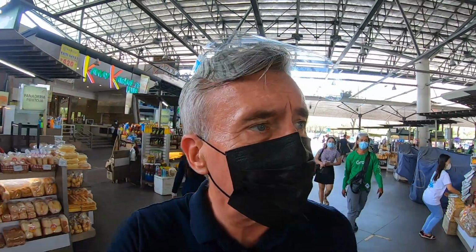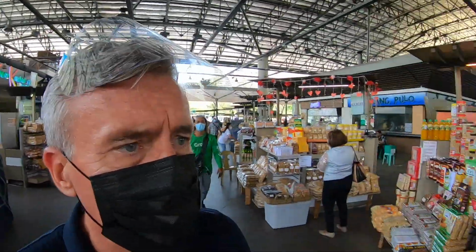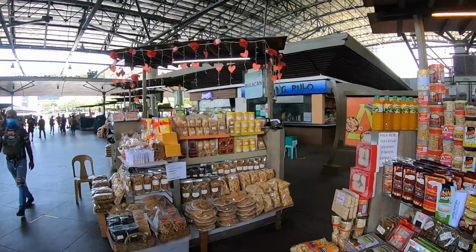So this is Fiesta Market and we're just waiting for our Pancit Lucban. So I thought I'd go for a bit of a wander. Looks like it's got quite a large organic section. Oh, and then it's got regional produce. Not terribly much to distinguish it from any other market, except this regional produce that they have here, which is quite interesting. Bulacan,